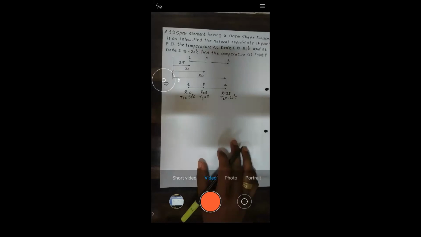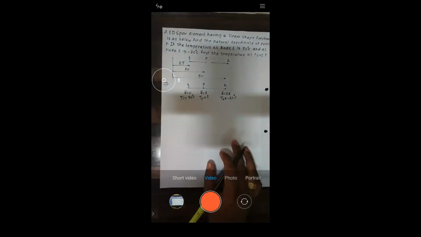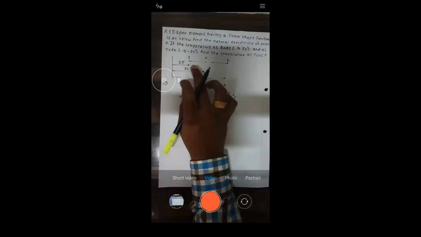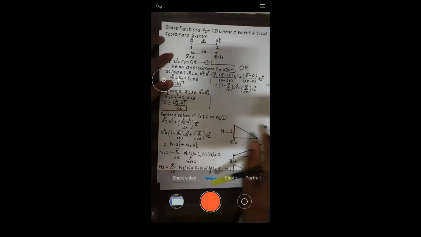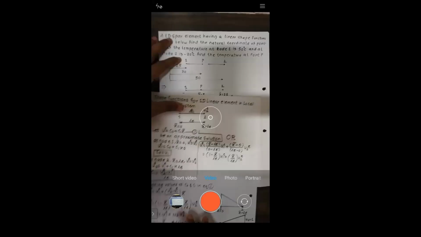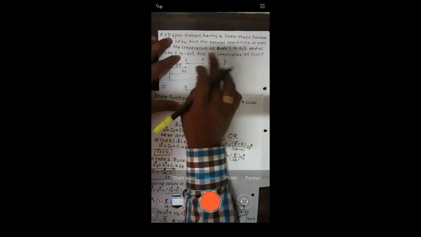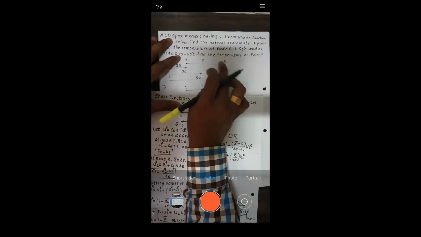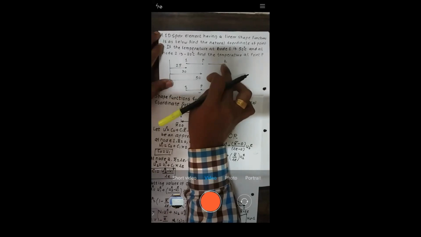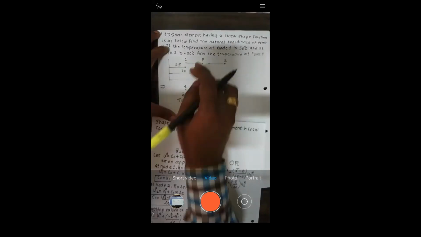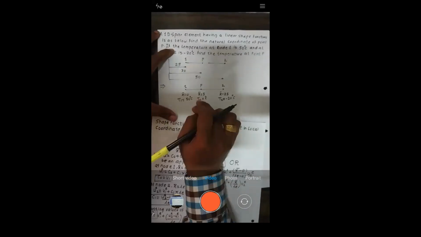Okay, so just a time before, we have seen the shape function for 1D linear element. Can you see this one? This is basically a linear element. You don't consider this element has 3 nodes. They haven't written 1, 2, 3. For this element, you have only 2 nodes, 1 and 2. And they're asking to calculate the temperature at one of the points within the element. Getting or not?